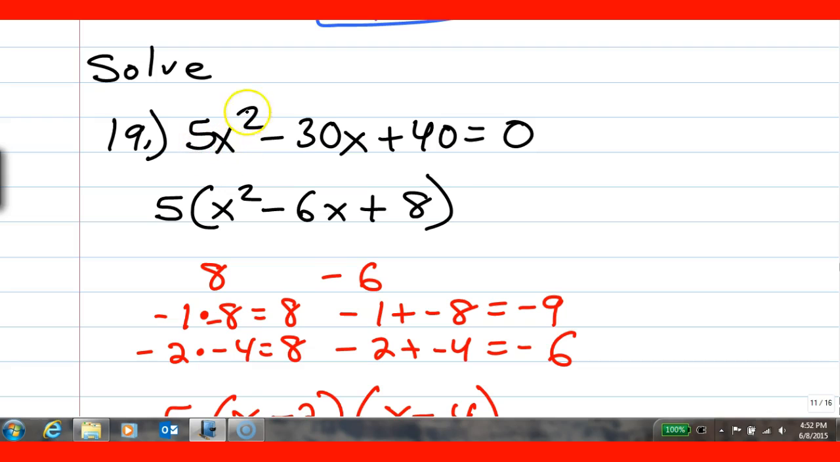So a 5 into an x squared leaves me with x squared. A 5 divided into a 30x leaves me with a negative 6x. And a 5 divided into 40 leaves me with an 8. Coming down from there,